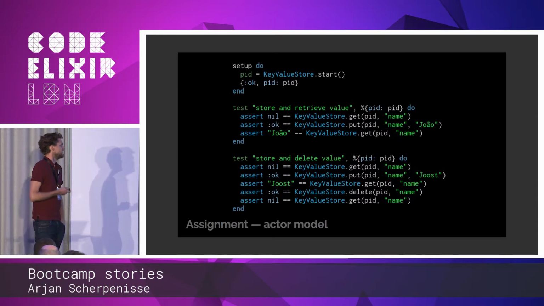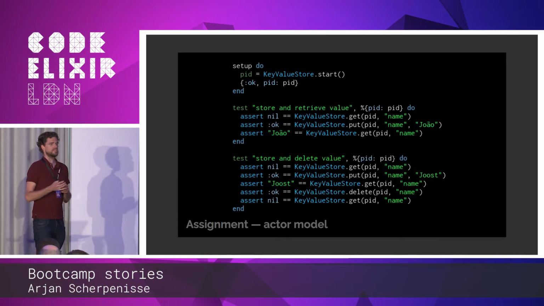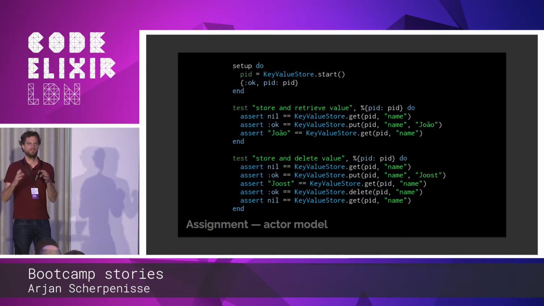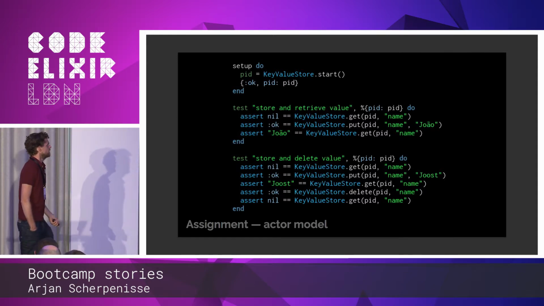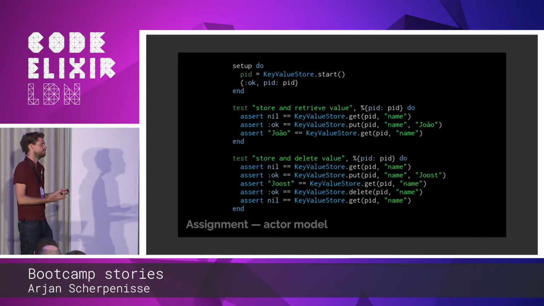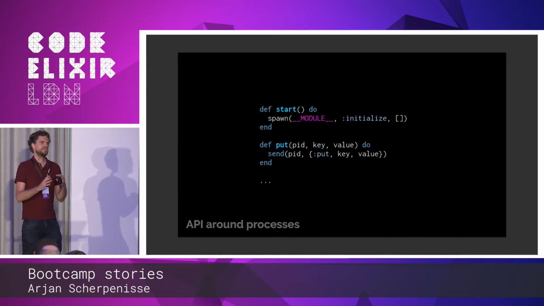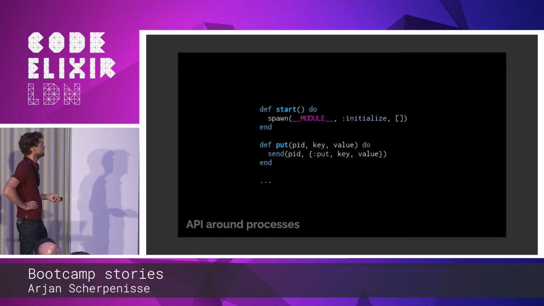So those are the basics, and for the tests we give them a first simple process that they need to make, which is just a key value store. Basically, just managing a map in a process and putting values in and getting values out of it. You don't actually see send and receive here, because we already tell them that you can move that logic of sending and receiving behind a function, to make it more abstract, with the implementation details hidden from the actual